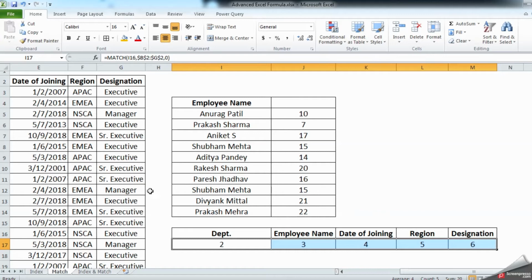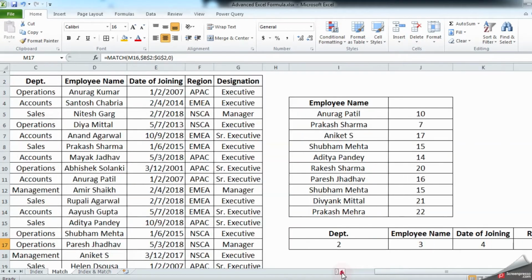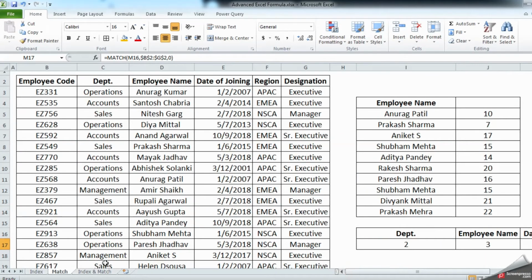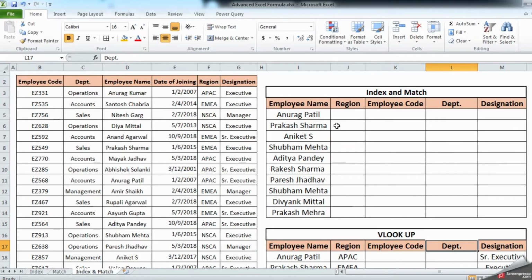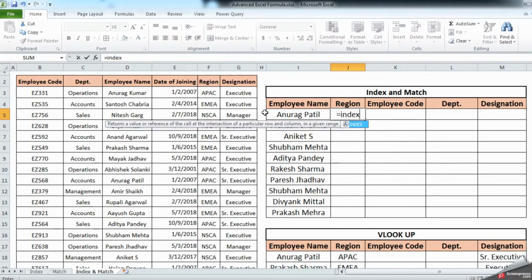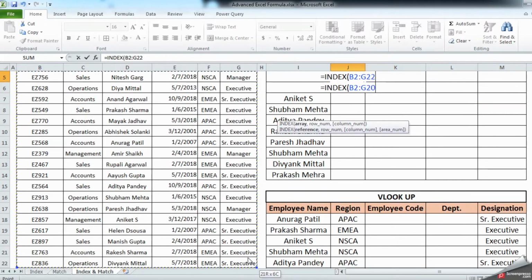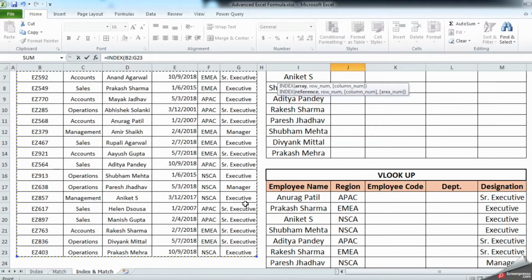Let's use this technique in the INDEX and MATCH function. So as you know, INDEX needs the table array, so equal to index. Your table array is your entire table, comma. Instead of using a row and a column number, you will replace it with a MATCH function.